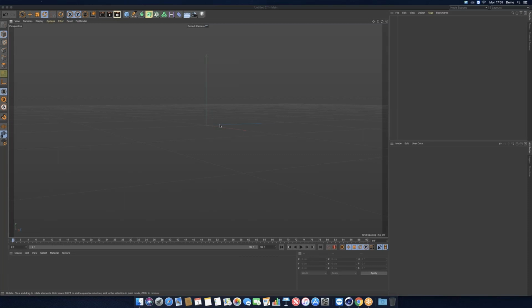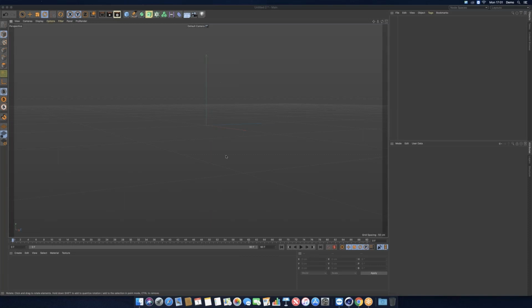So I guess the best place to start would be to say this is quite an entry-level thing we're going to be doing. So modeling with primitive objects. So if you've never used Cinema 4D or if you're a beginner, this is going to be perfect for you. So when you first open Cinema 4D, this is what you're going to see. This is your interface. And don't worry, we're not going to go through every single icon now. But we're going to look at the